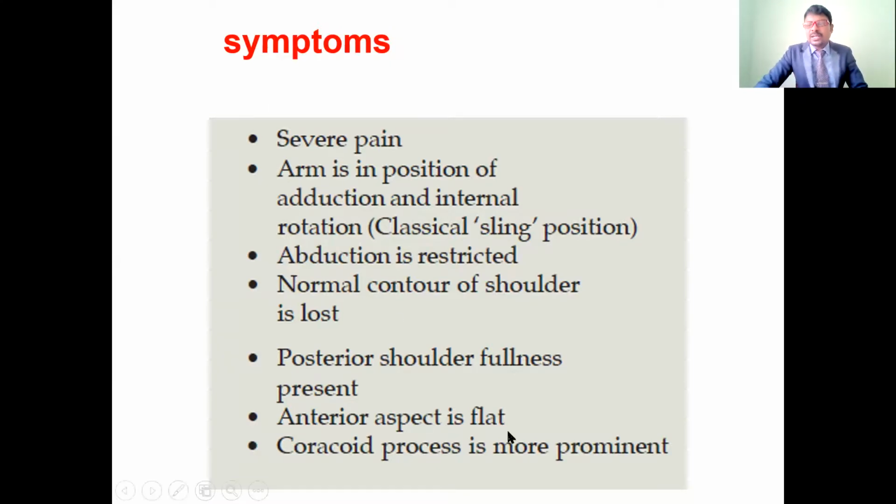If you examine the shoulder joint, especially abduction is going to be restricted, because the joint comes into adduction, internal rotation, and flexion. If you try to do abduction, the movement is difficult because the head of the humerus is stuck posteriorly. That is the reason. So we have to assess thoroughly, then we can easily understand which movement is restricted and which deformity is there in the shoulder joint. According to the restriction of movement and the deformity, we can understand where the dislocation is.